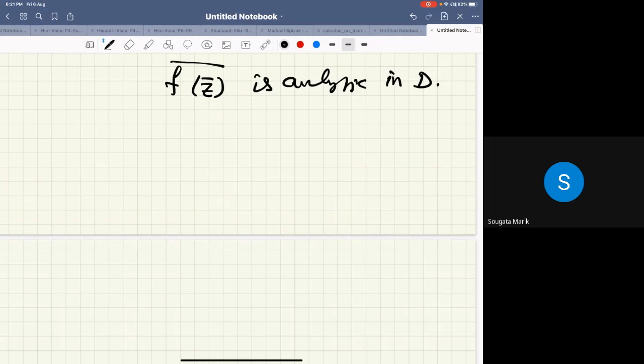Yes, sir. The same question I asked. F is analytic, G is analytic, and if F or G is analytic, then F must be constant or G is zero. So if I take f(z) equals z and g(z) equals z squared, and my domain I change the domain into